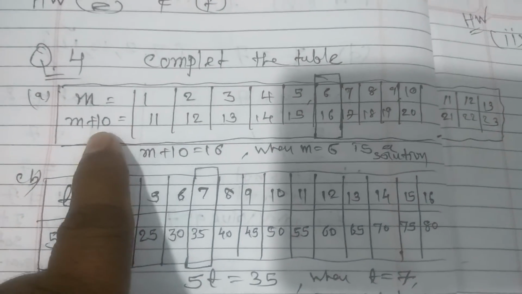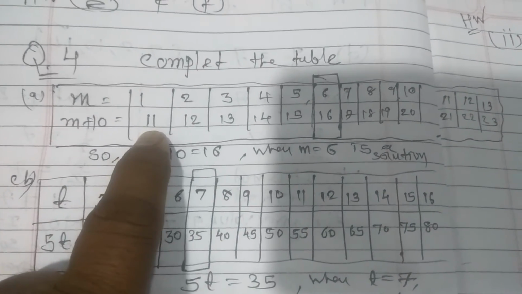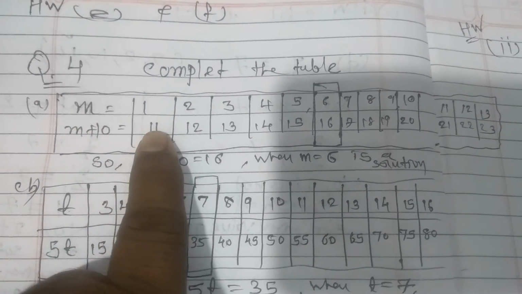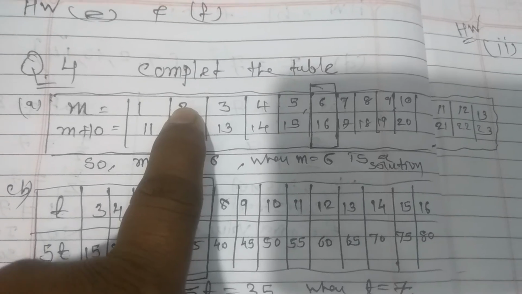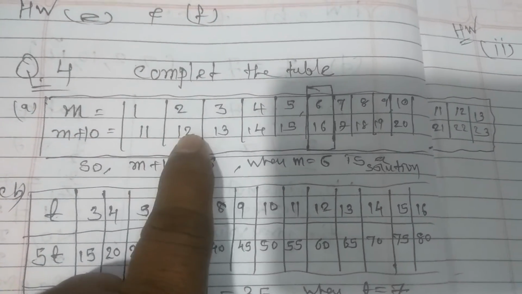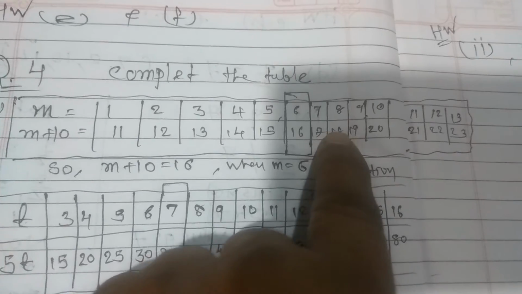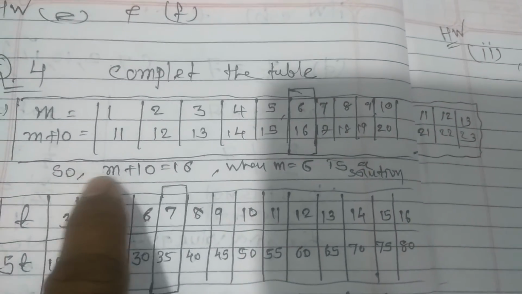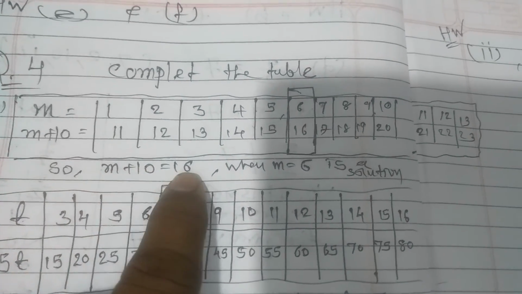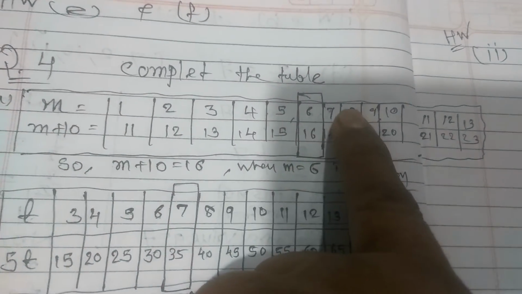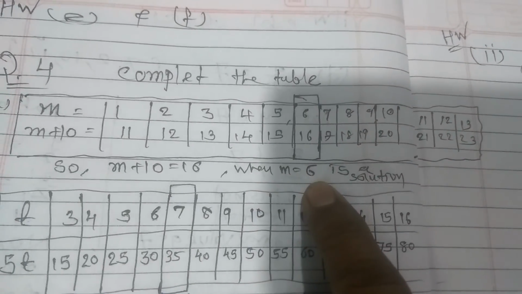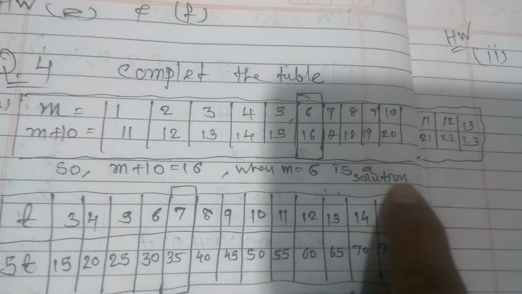आप पहले वो लिख दो, राइट. अब ये देखो m plus 10 equal to what? So m equal to 1, 1 plus 10, 11. Then m equal to 2, 2 plus 10, 12. So 11, 12, 13, 14, 15, 16, 17, 18, 19, 20, 21, 22 and 23. Out of them our equation is m plus 10 equal to 16. किस में आएगा? So when you put m equal to 6, then 16 will come. So when m equal to 6, it is a solution. So like this way you have to do this.